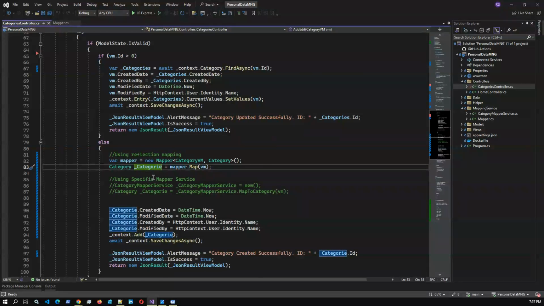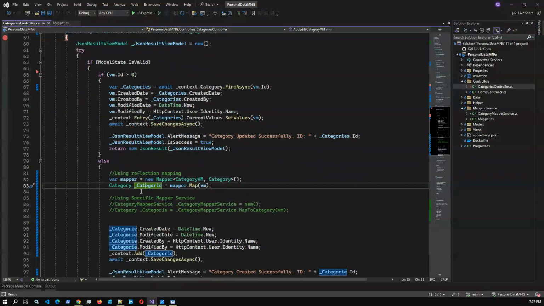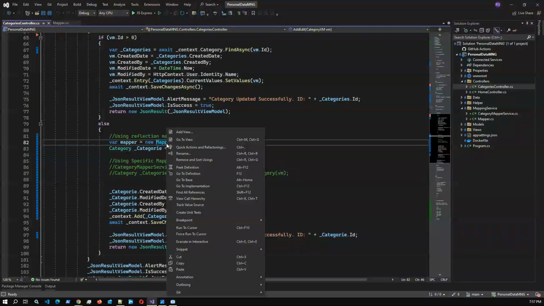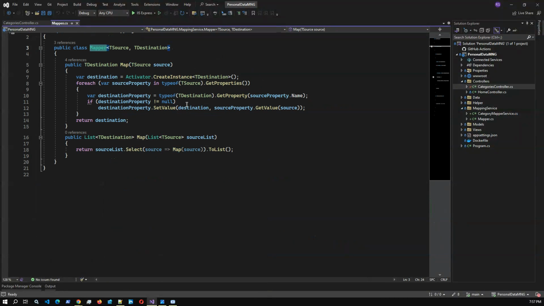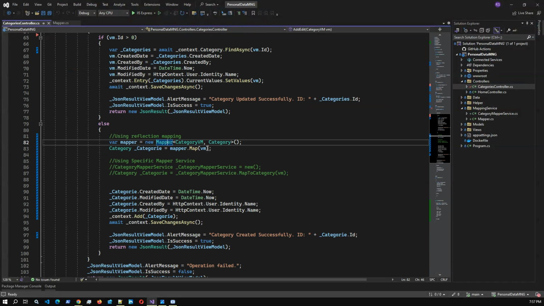If we debug, we can show you the actual scenario of what is happening here: how category VM to category is transformed using the reflection mapping. We initiate the mapping, and if we go to the definition, this is the mapper class, and using the map method we finally map the VM